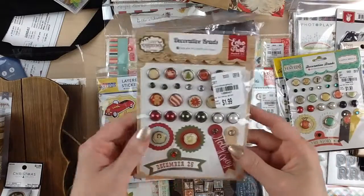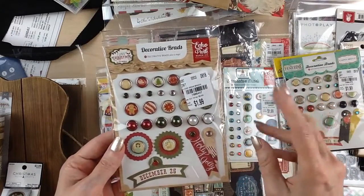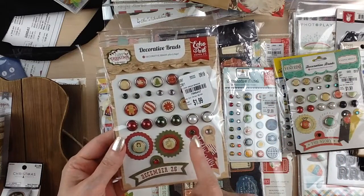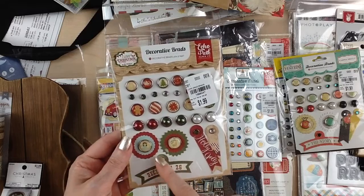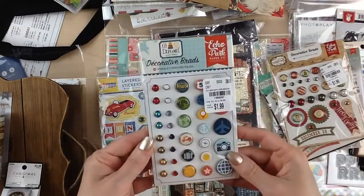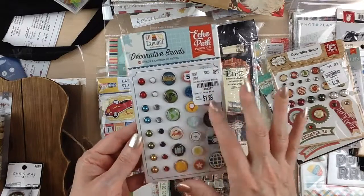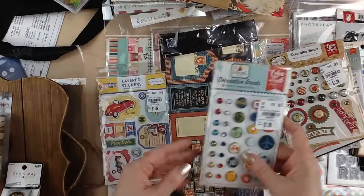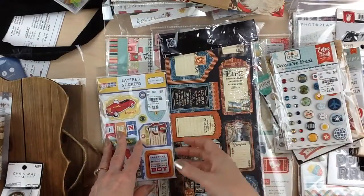Oh, let's stick with the Brads. This one, they had 2 different Christmas collections, but this is the one that I really liked, the Echo Park. I'm a huge Echo Park fan. So picked that one up. And then the travel one, Go See Explore. I have this paper and a lot of the pieces to this, so I thought it would be fun to have the Brads to go with it to finish that up. I know I've used it, but...